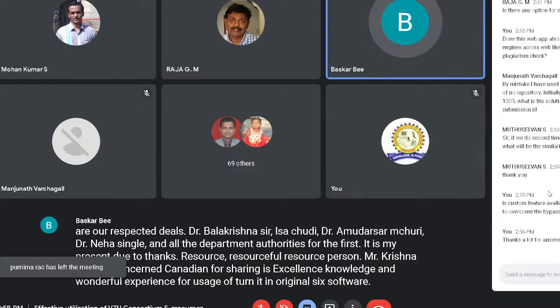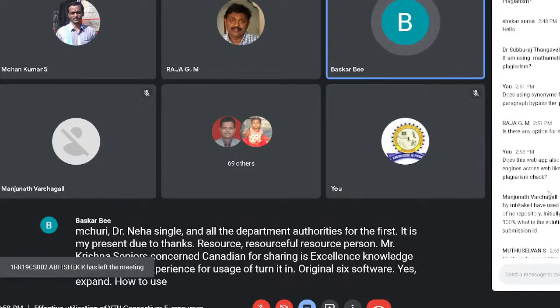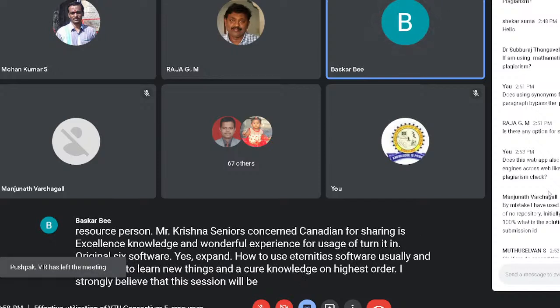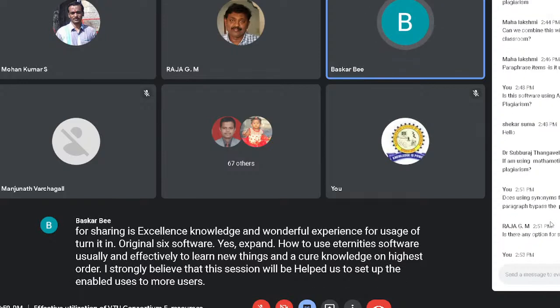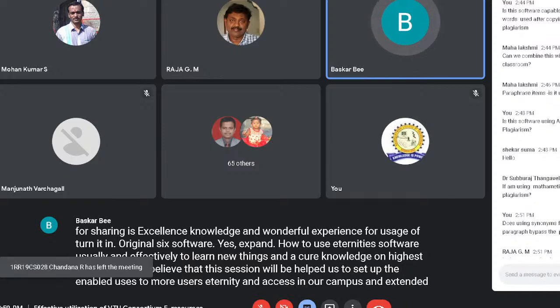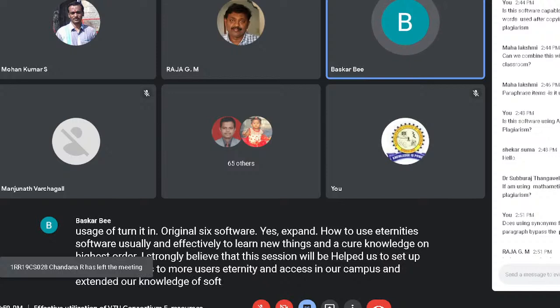He has explained how to use the Turnitin software usefully and effectively to learn new things and acquire knowledge of the highest order. I strongly believe that this session will help enable more users to access Turnitin in our campuses and extend our knowledge to the staff and student community.